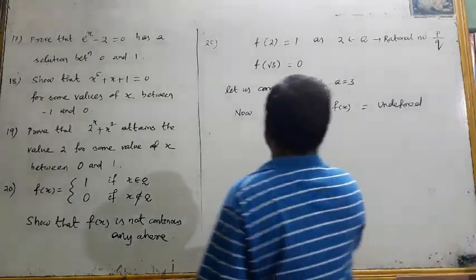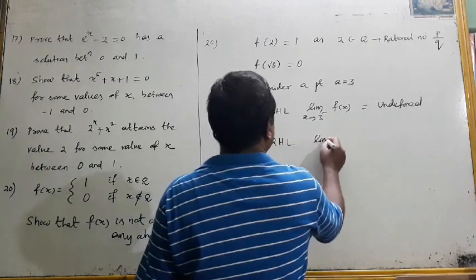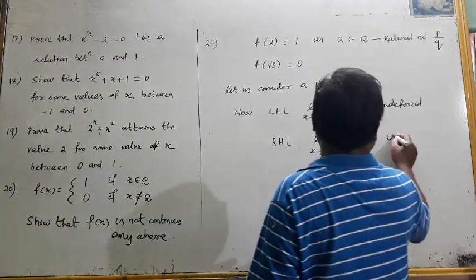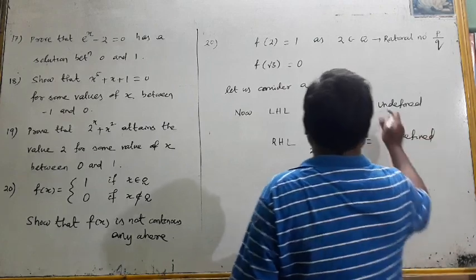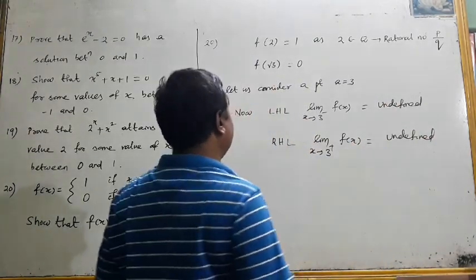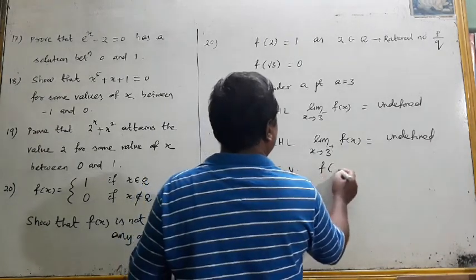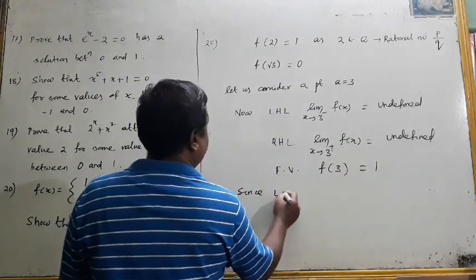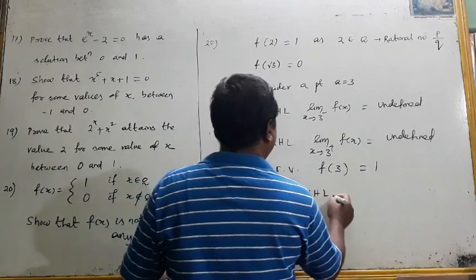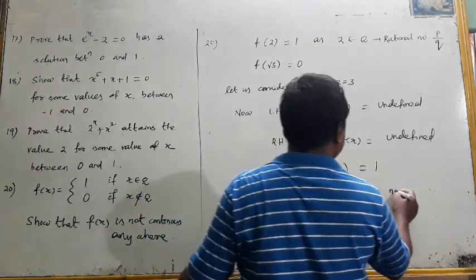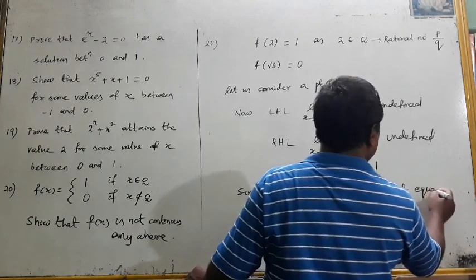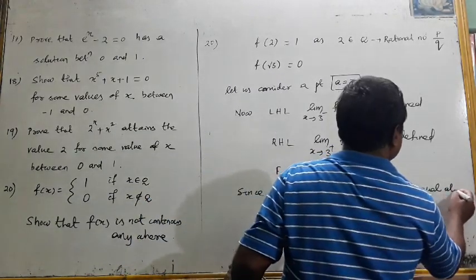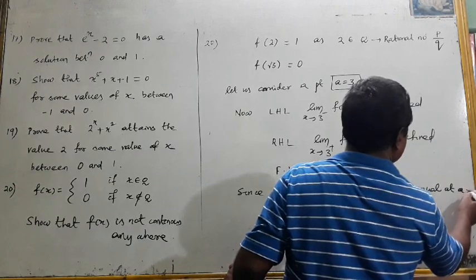Similarly, the right hand limit, x tends to 3 plus of f(x), is undefined. In both cases, both are undefined. And the functional value f(3), since 3 is a rational number, is naturally 1. Since LHL, RHL and functional value are not equal at x equal to 3, or you may take a equal to 3,